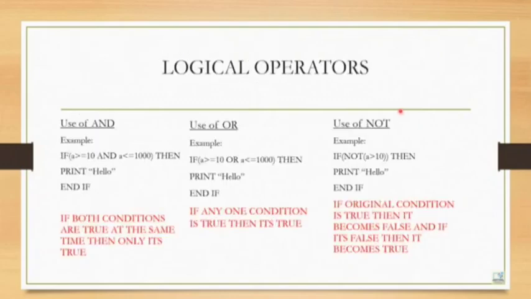Okay. Now, in my previous video, I told that I will explain the logical operators in my upcoming video. So now is the time I am going to explain. We have three types of logical operators: logical AND, logical OR, and logical NOT. The logical operators are used along with the relational operators when we have more than one condition.